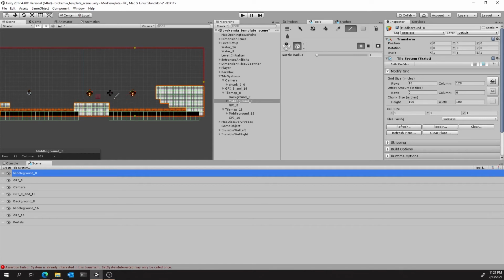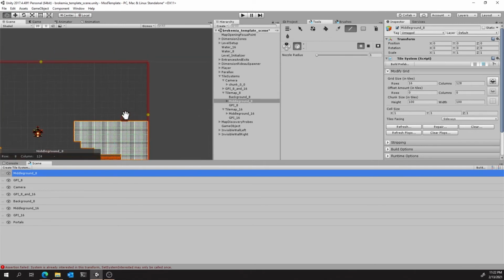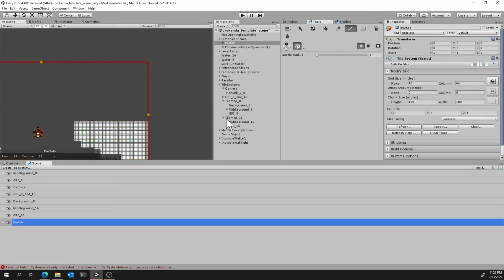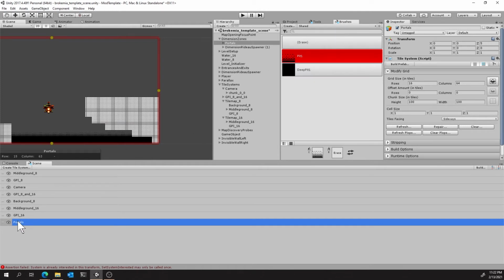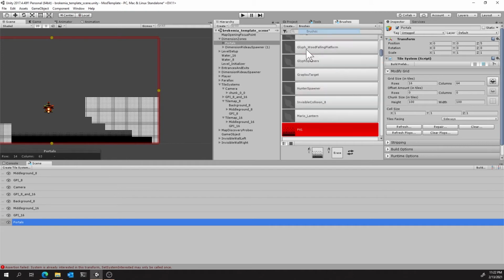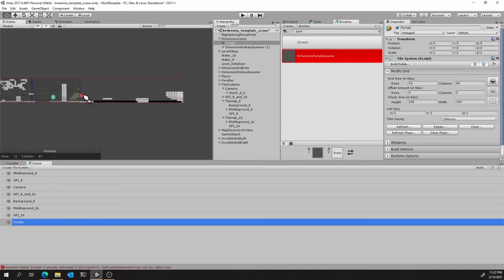So now that we've got the pit working, we're not going to go in game and test that right now. But what we're going to do is create a 16-bit version of this level, this screen specifically, going backwards. Step 1, we're going to grab a portal. This is on the portals layer. We're going to go back to brushes, search portal, dimension, portal spawner, and again, the